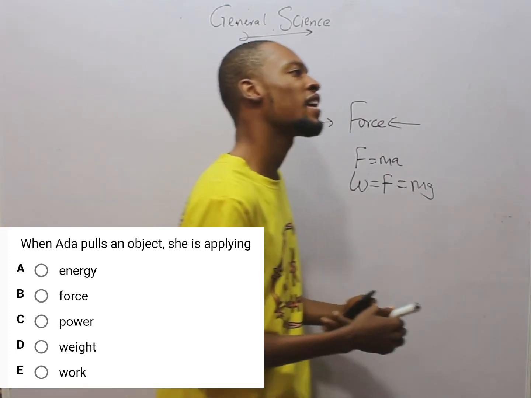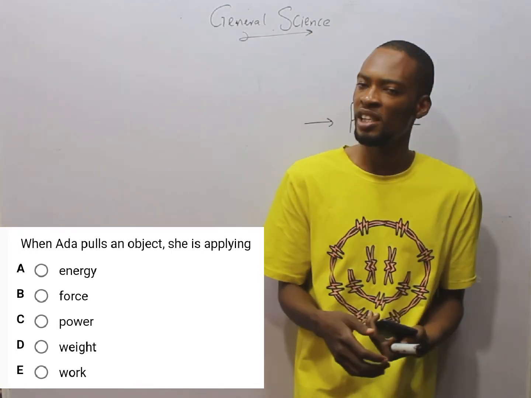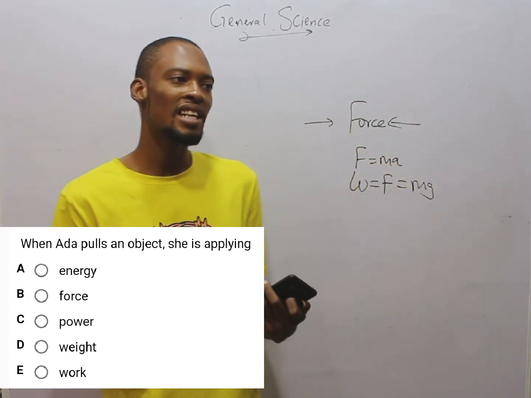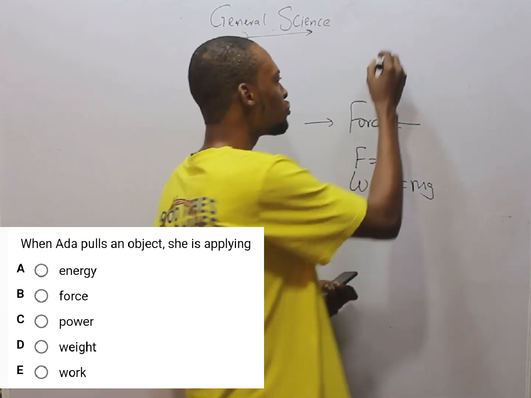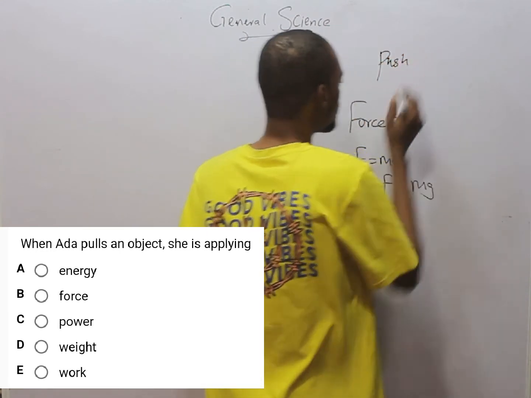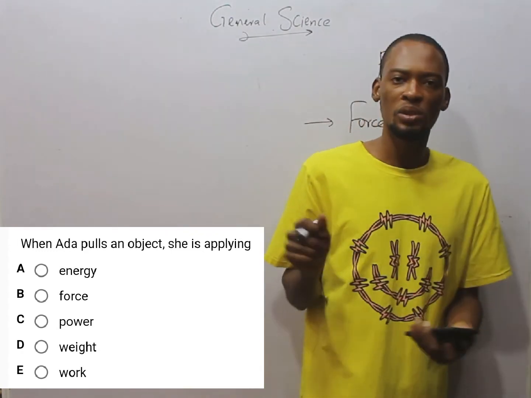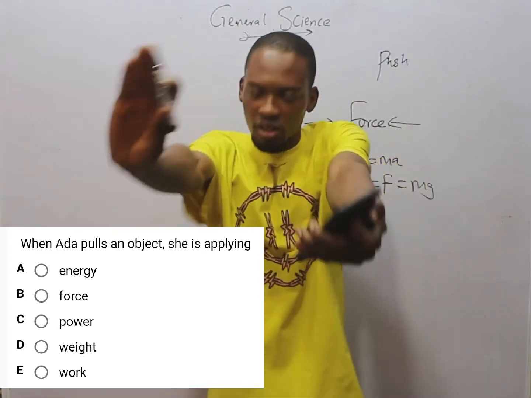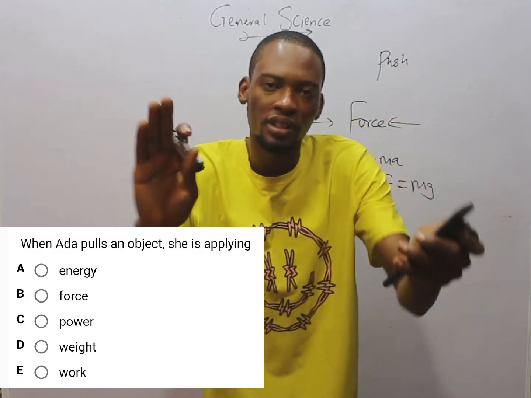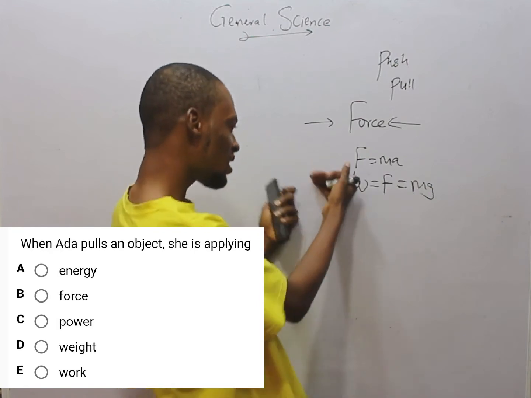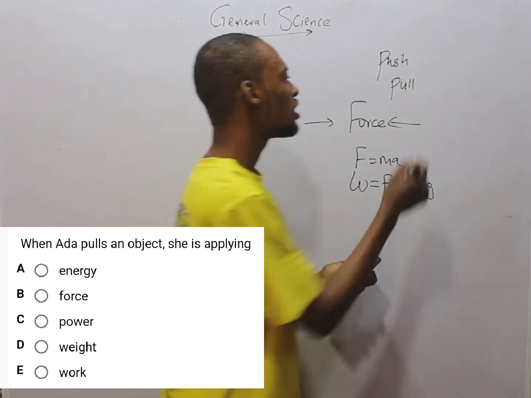And in force, we have contact force and non-contact force, or contact force and force field. In contact force, there is contact between bodies. For example, push. When we are going into an office, they will tell you push. Push means press the door away from yourself. Then there is pull. This is another contact force. Draw it to yourself. Drag it to yourself. You are pulling. Then we have friction.